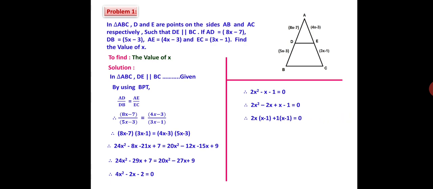So friends, here 2x square minus 2x plus x minus 1 is equal to 0. From the first two terms, 2x is taken out, into bracket x minus 1, plus 1 from the other two terms into bracket x minus 1. x minus 1 is common and taken out. What is left in the other bracket is 2x plus 1, which will be equal to 0. Here the product of these two brackets is 0, so we know the rule: if a into b is equal to 0, then either a must be 0 or b must be 0. In that way, here x minus 1 is equal to 0 or 2x plus 1 is equal to 0. Therefore, you get x is equal to 1 or x is equal to minus half, which is not possible.